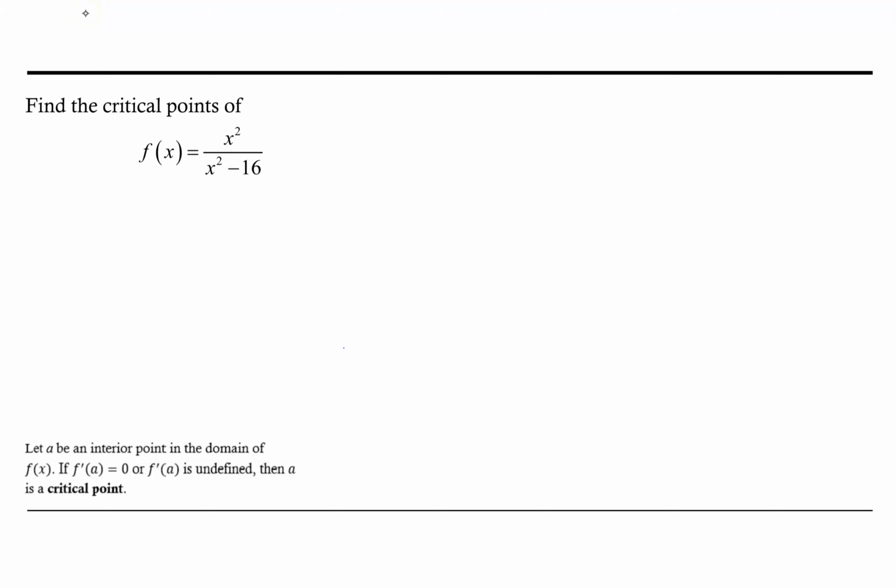Welcome. Let's take a look at finding the critical points of the function f of x equals x squared over the quantity x squared minus 16. As this is a rational function, we need to be cognizant of the domain restrictions that apply to this particular function. So in the case of a rational function, domain restrictions come from points at which the denominator is equal